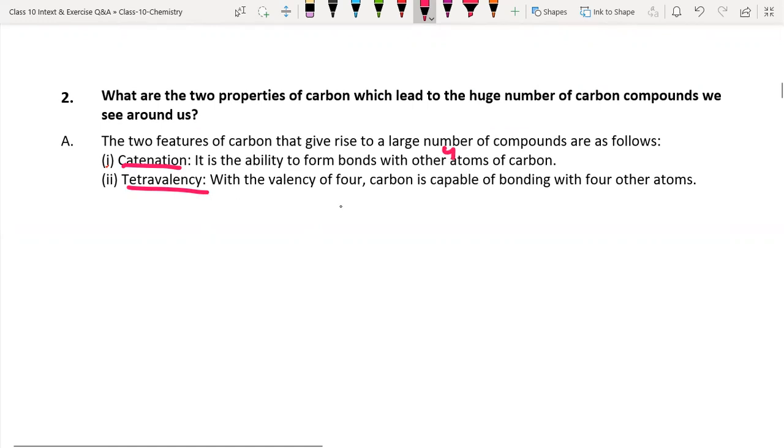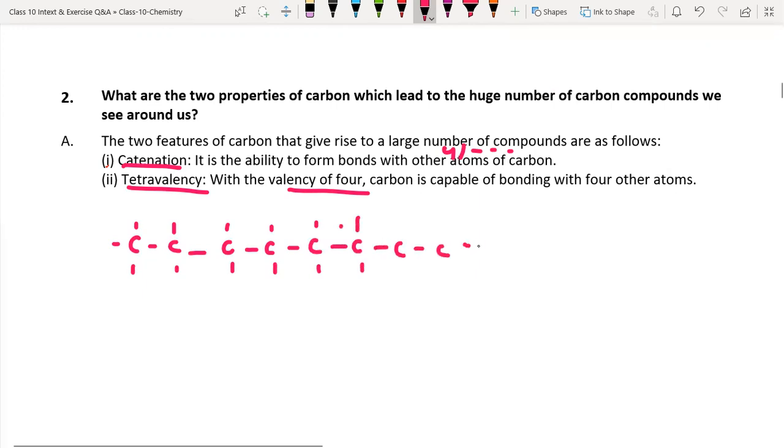Here tetravalency, you can call it as valency of 4, but while coming to catenation, you see not only 4, more than 4 also. Simply to say catenation is nothing but ability to form a long chain by combining one atom with the same identical atom. So here you can observe carbon with 4 valency like this, and it can combine with another carbon, it can combine with another carbon, it can combine like that. You can see one carbon is bonding with the same identical atoms, that is carbon. This property is known as catenation.